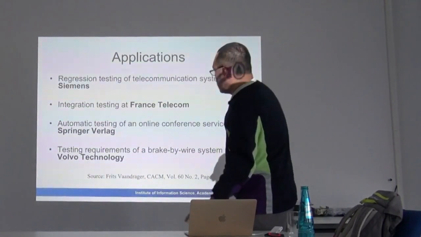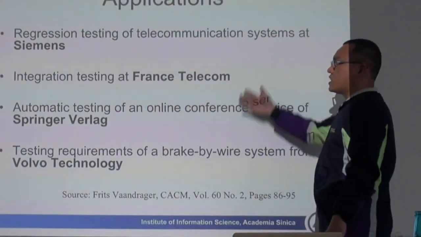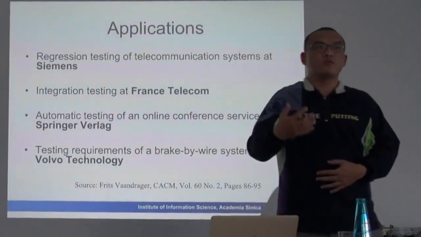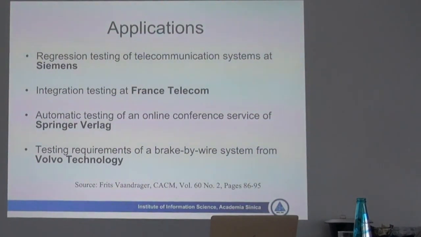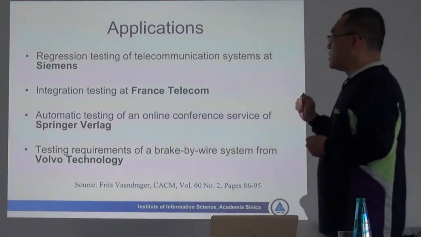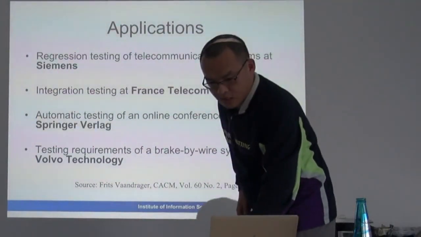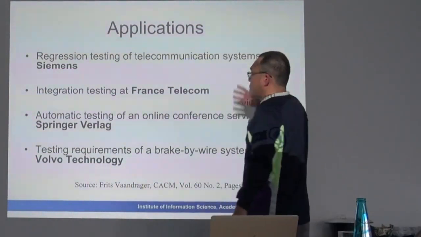In the CLCM article, you can find that it can be used in many applications, basically some kind of regression test. You use it to infer a model and check whether the model violates your property. If we find some trace that violates the property in the model, you can check whether it is really a real behavior of your system. If it is, then you find a real problem. If not, then you can use the trace to refine your model. That's the basic strategy, and it can be used to infer the models of different kinds of systems.